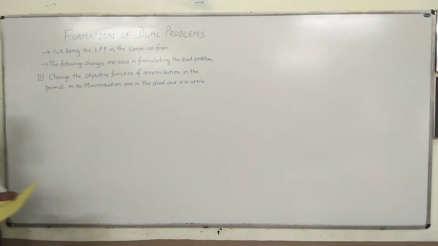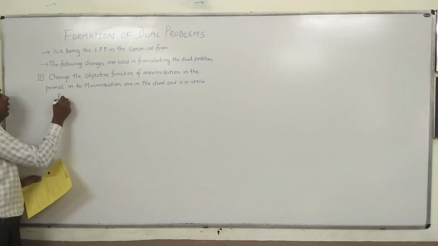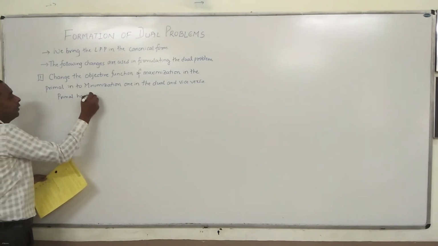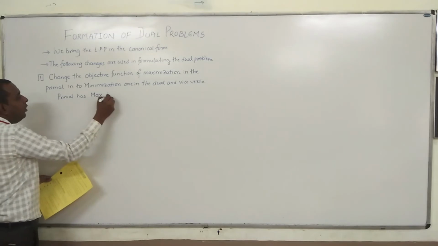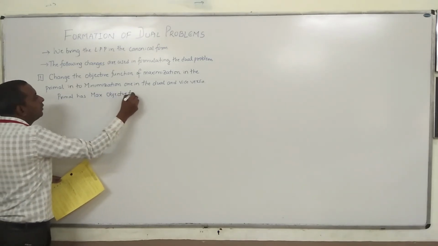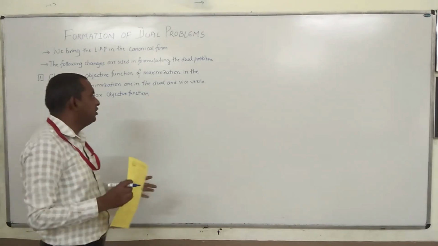The meaning of this step 1 is, if the primal has a max objective function, that is, the objective function is of maximization,